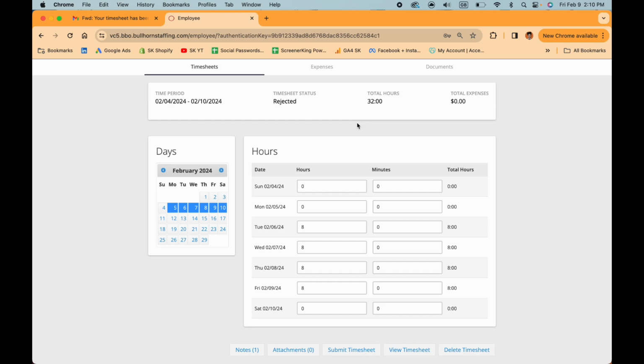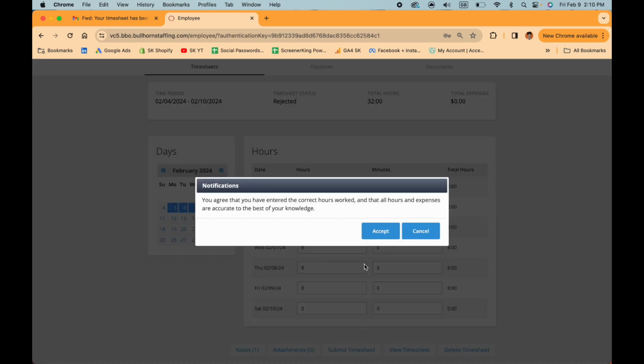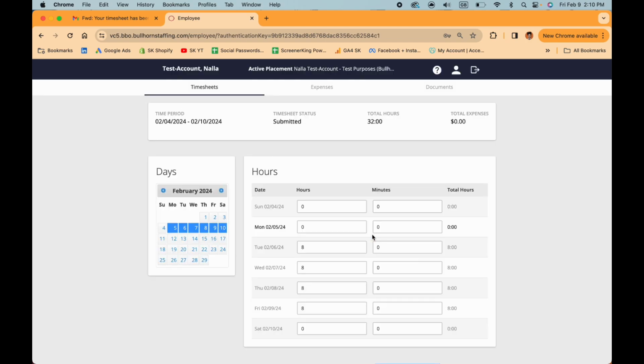Once you've made the necessary adjustments, you can go ahead and either view the timesheet if you want to make sure everything is lined up correctly, or you can go ahead and straight up submit. Go ahead and click Accept. And there you go, you've successfully made the necessary adjustments based on your manager's